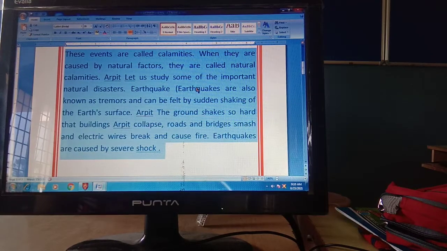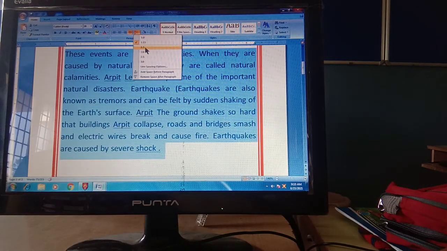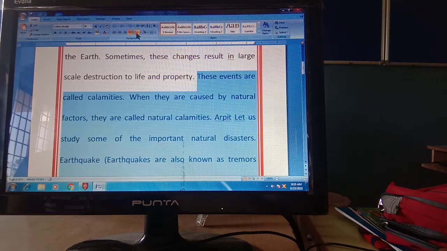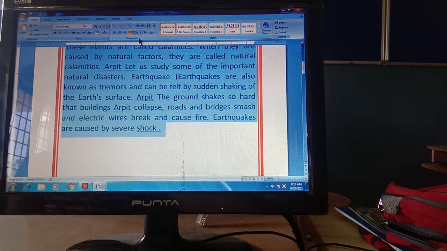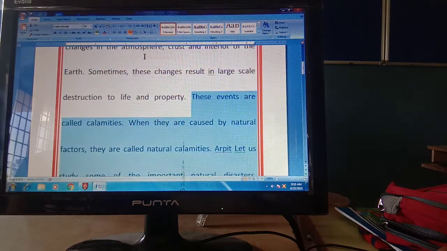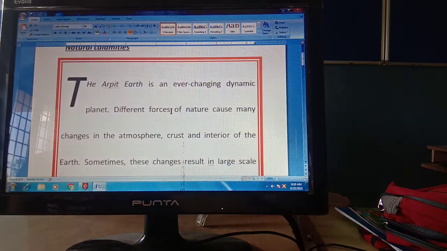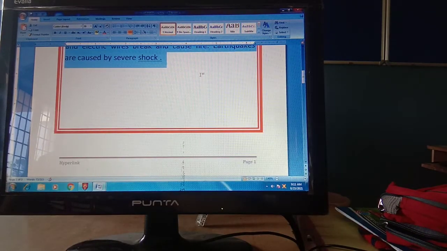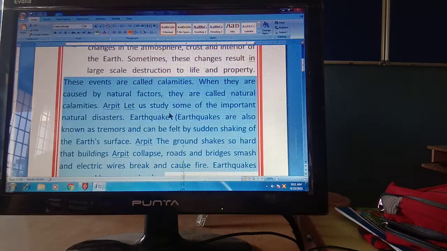By default it is single, and you can change it to 1.5, you can change it to 2.0, you can change it to 1.0 like this. So by default it is single line spacing. Clear to everyone? Okay.